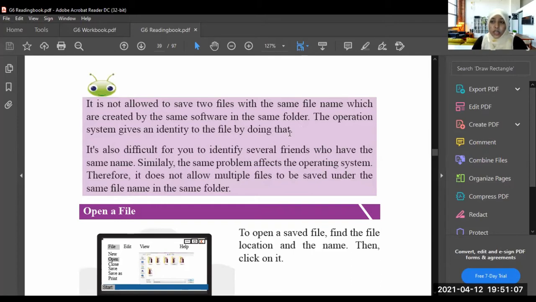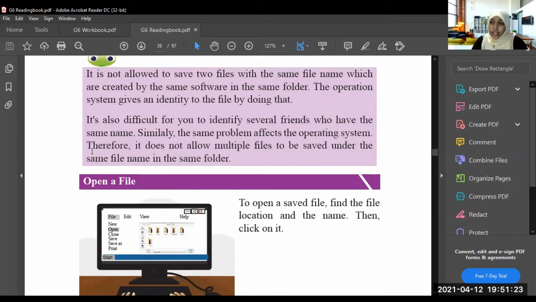You should change the name and save the file with another name. The operating system gives an identity to the file by doing that. So that's why we should save the files in different names if you are saving the file in the same software.